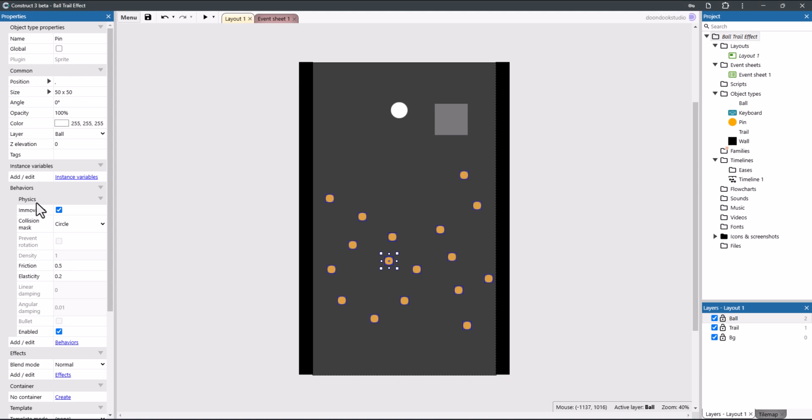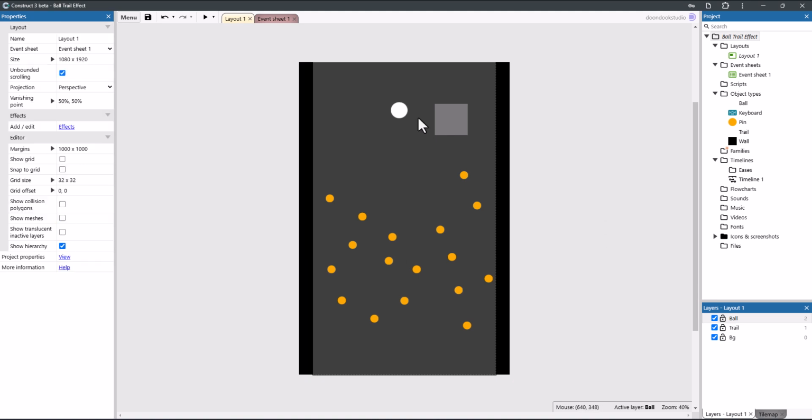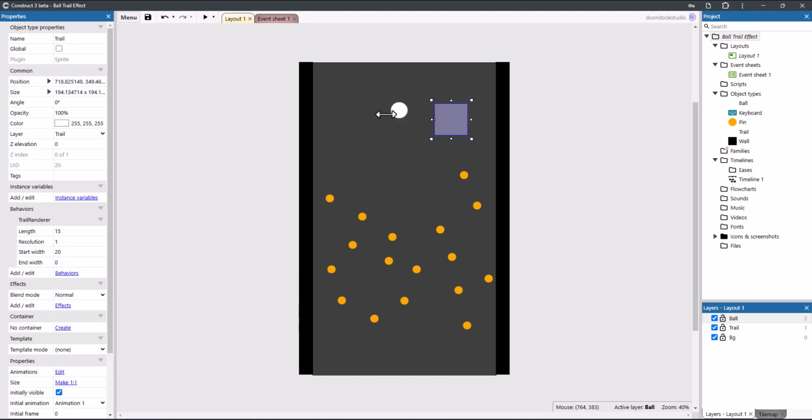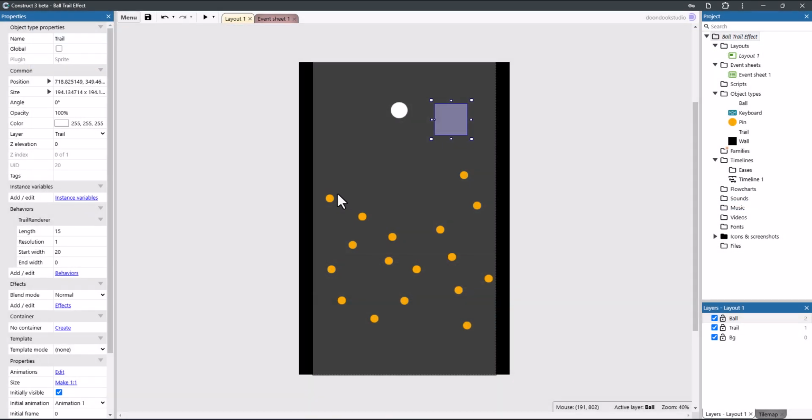which have physics behavior, immovable but circle. We have these walls, bounding box, immovable. We have a ball object which has physics as well but not immovable, obviously. Okay, and we have this trail object which is a sprite, and it has the origin point at the left side,